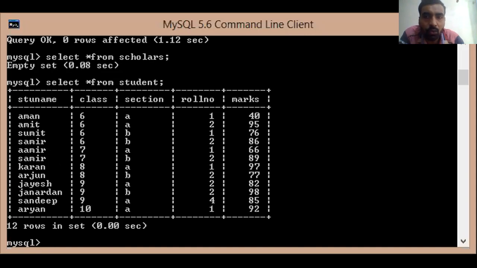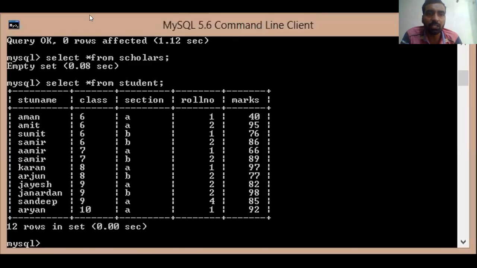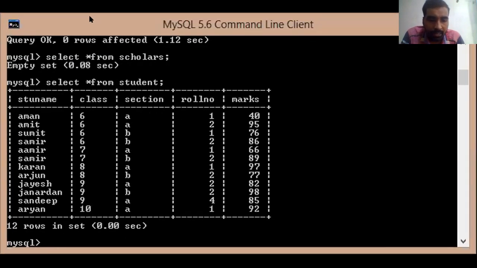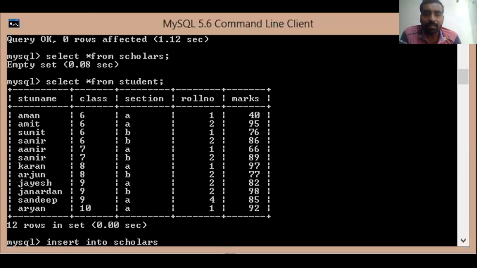So what we will do, we will simply write the command as insert into table name. What is the table name? Scholars. We want to insert into the table scholars. Then write select from.